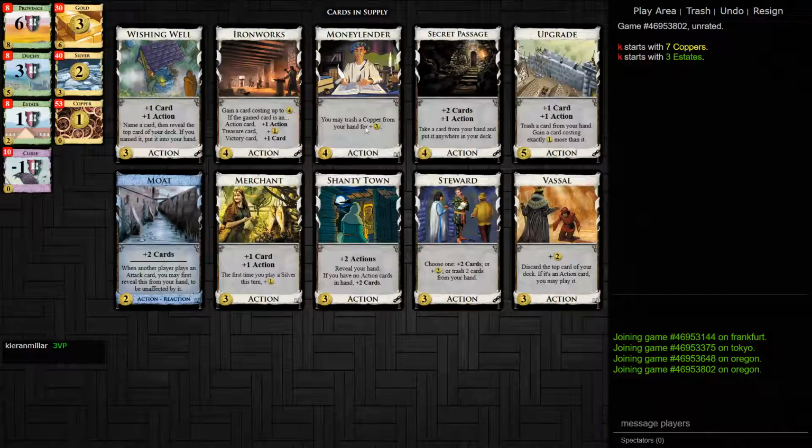The only way to get your hand above 5 is Wishing Well. So I think Wishing Well is actually going to be pretty important here. You've got Ironworks. You can actually gain quite a lot of Wishing Wells. So you want to trash first with Steward, I think. So you're going to open Steward and...